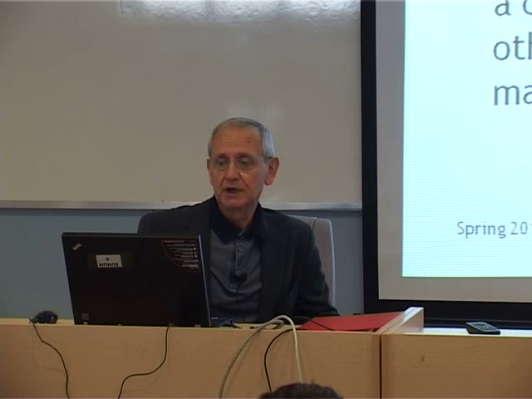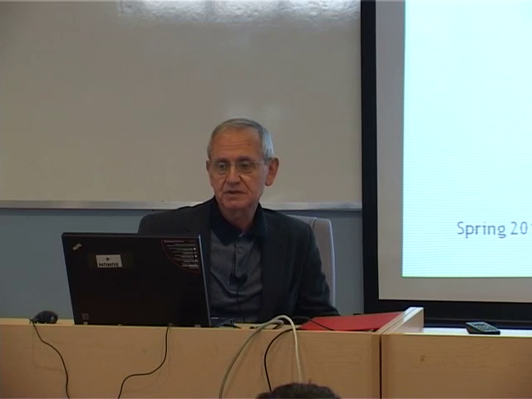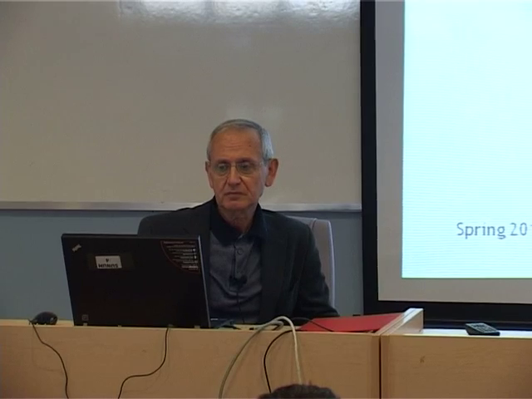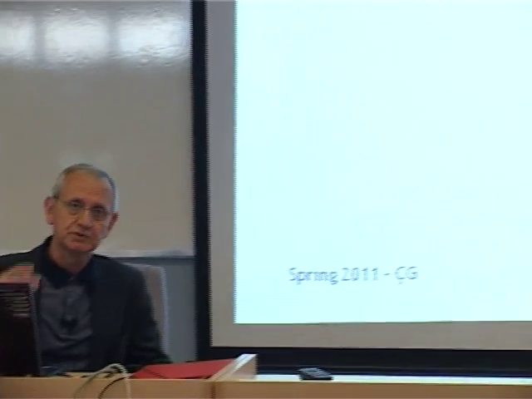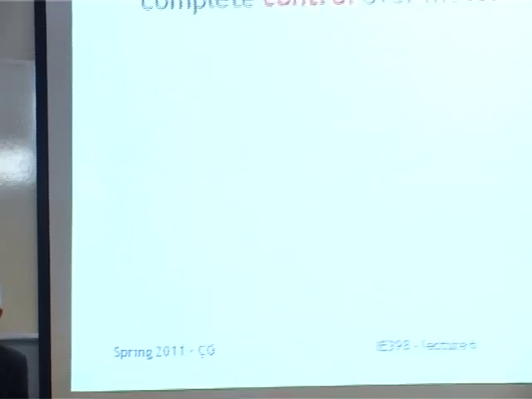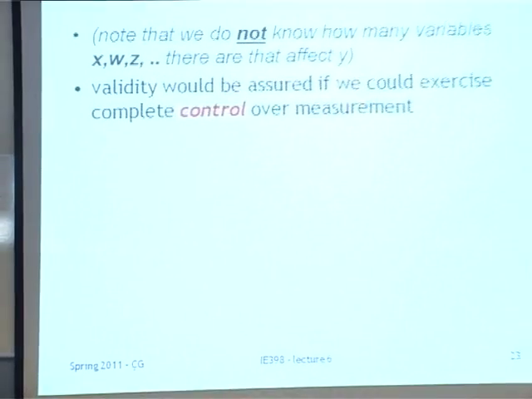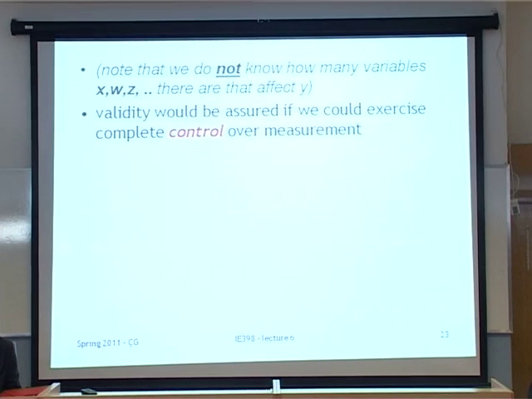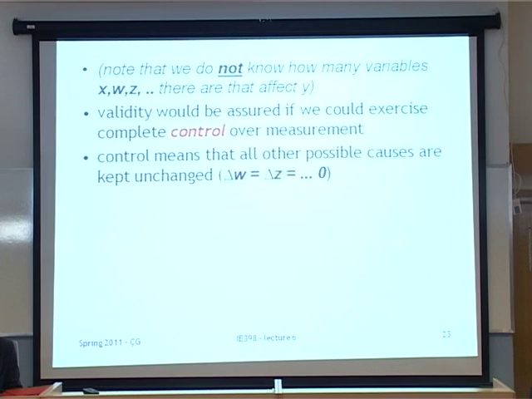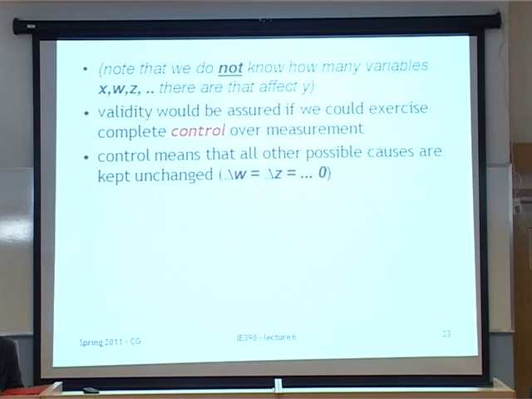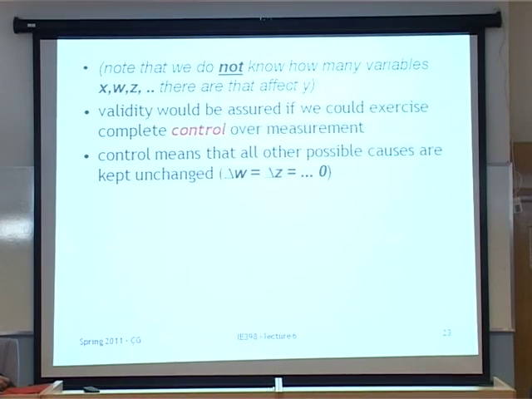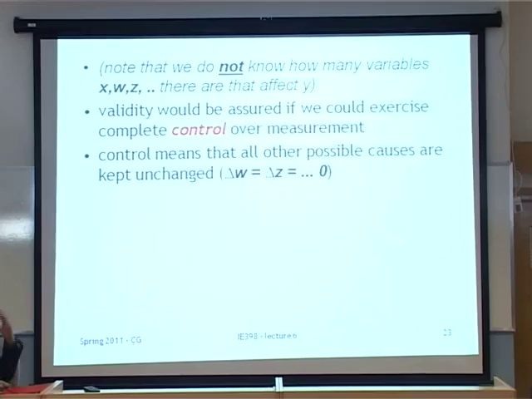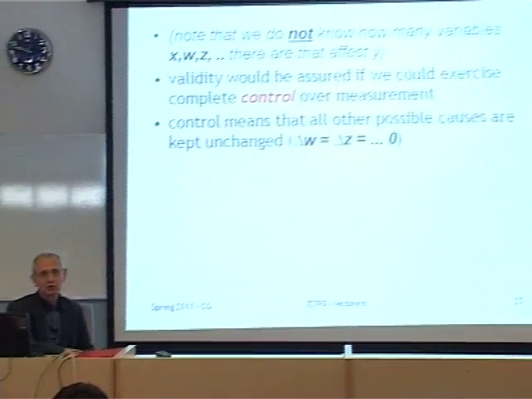Now, how can we do that? We have discussed this in other contexts. So actually, we are returning to a discussion we had earlier. Validity would be assured if we could exercise complete control over measurement. Control, the concept control, we have introduced this before. Control means that all the other possible causes are kept unchanged. That is, we have to make sure that delta W, delta Z, etc., must be equal to 0 when we